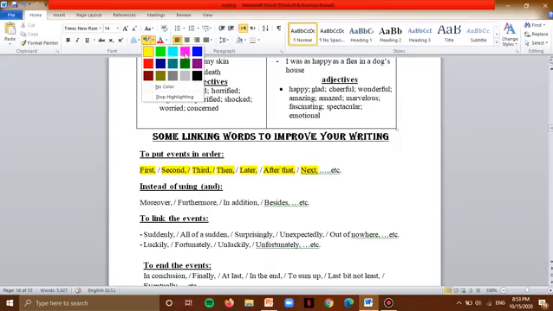Okay, now instead of using and, because if I use a lot of and, for example, we went to the haunted house and we saw a ghost and then we ran away and then it started to chase us and we saw a weird dog, so a lot of and would make my writing very boring. Okay, it wouldn't make my writing look neat or sound neat. Okay, so instead of using a lot of and, I can say, for example, moreover. Okay, so moreover, we saw blah blah blah.